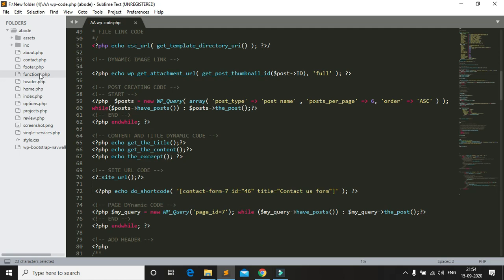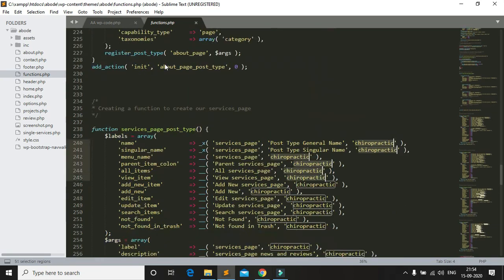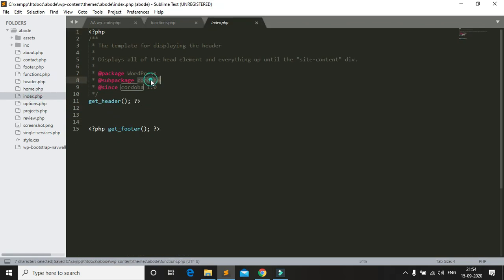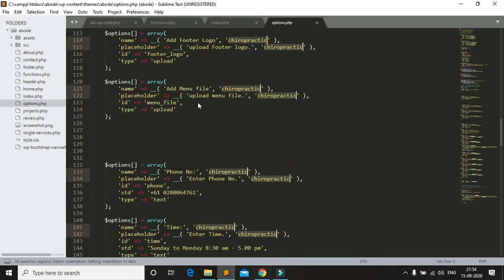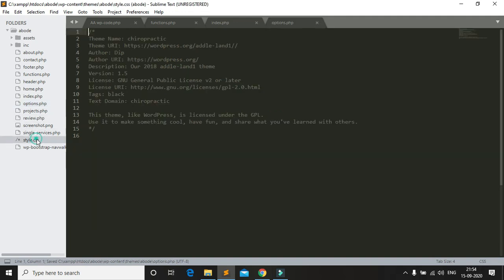First of all, the files which I copied from other projects. So for this one I just change the name: select this name, Control D, select all names and paste. Then index same, then options same, just select and paste, and style also.